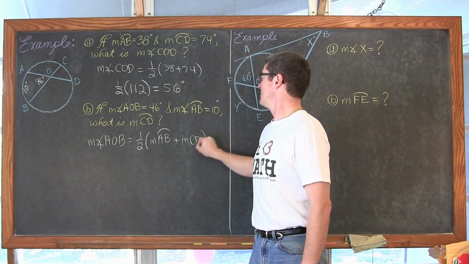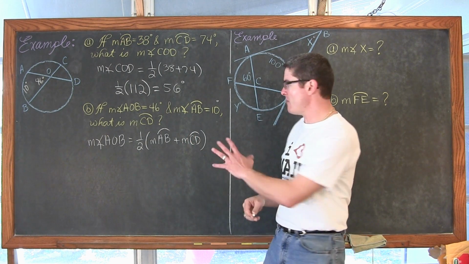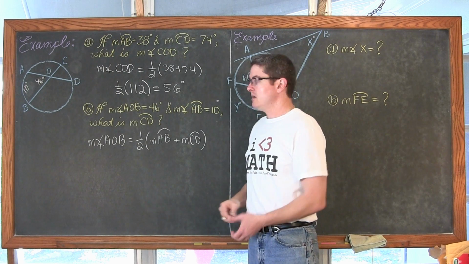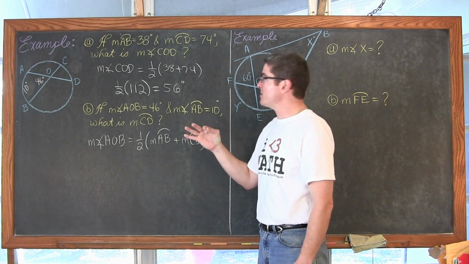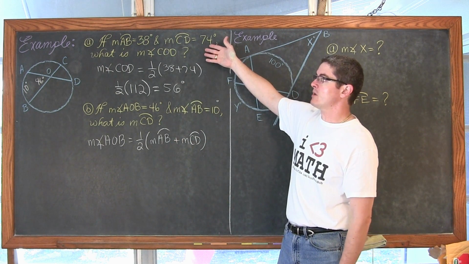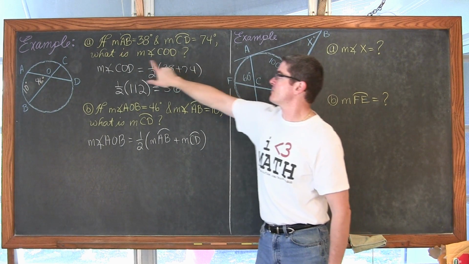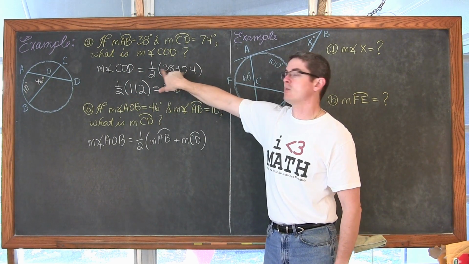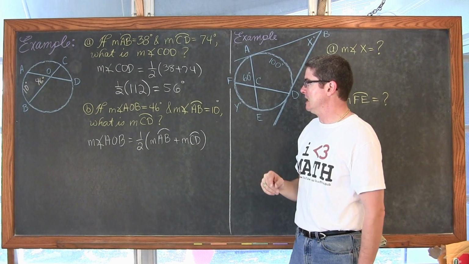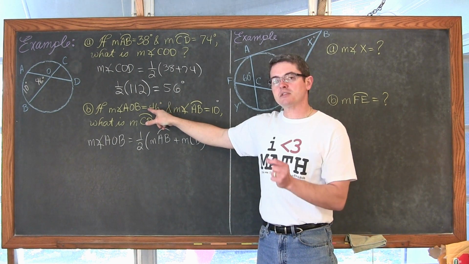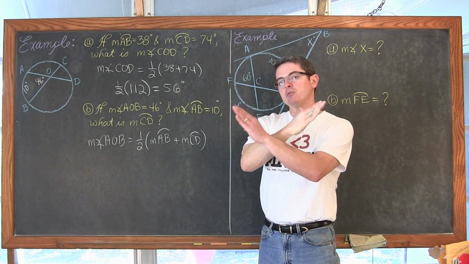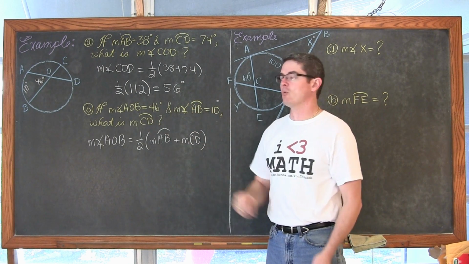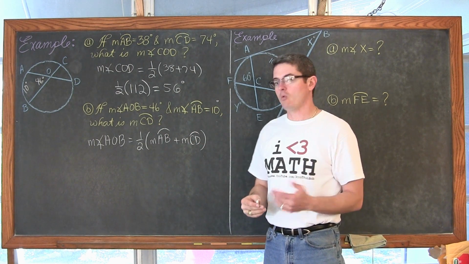and CD. Okay, so I'm writing this out here because this second question is a little bit different. The first one was very straightforward. I gave you the 2 arcs and I asked for the angle. So we just simply add those 2 arcs and divide by 2. Boom, there's our answer. Well, now this one gives us the angle where these 2 lines are intersecting, and it's asking for the measure or the degree of one of the arcs.